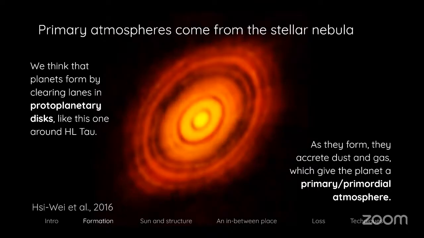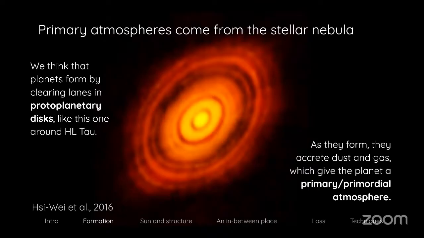they form this dense cloud that eventually flattens down because it's spinning, and as it changes rotation rate to conserve momentum, it has to flatten out into what's called the protoplanetary disk, like this one, which we have observations of in HL Tau. So the way that planets form, we think, is that they clear out lanes in this dusty, gassy disk and accrete material that way. So not only are they maybe forming surfaces, if they end up being rocky planets or cores, or if they're gas giants, they will collect the material into an atmosphere.